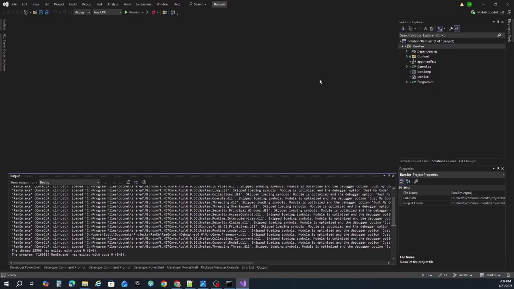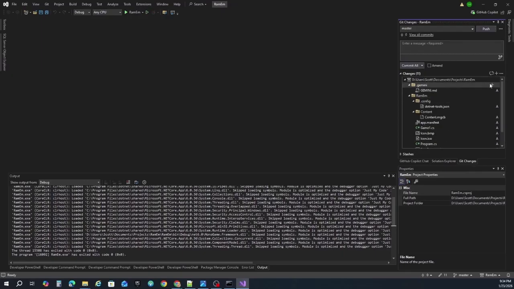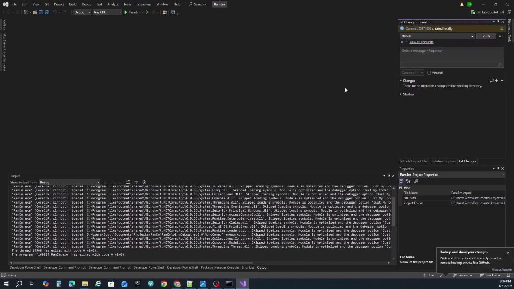Now the next thing that we want to do is go ahead and commit our changes to source control. So I'm going to go over here to this Git Changes tab. We can see all these different changes that have been added here. I'm going to go ahead and write a message for this and say, let's see, creating initial project. Okay, I'll commit all. Okay,